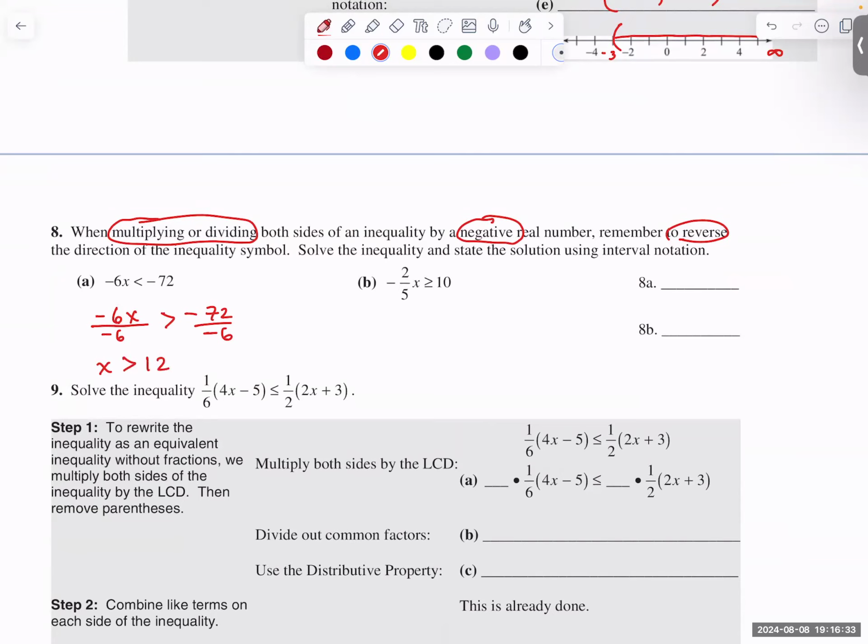So the solution set, since we have a strict inequality, will be parenthesis 12 comma positive infinity. To solve for x in part B, we have a negative fraction, so we're going to use its reciprocal. Let's multiply both sides by the reciprocal of the coefficient. Let's put the negative with the 5. So we have negative 5 over positive 2 times